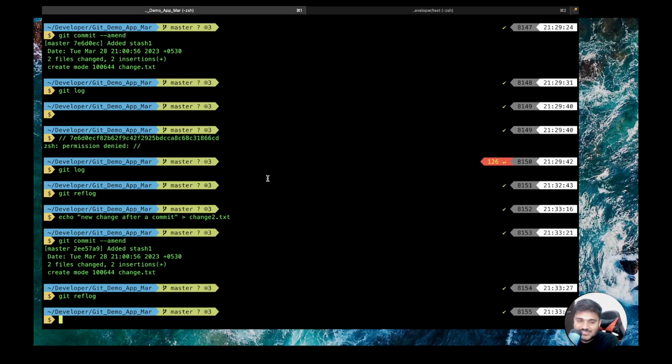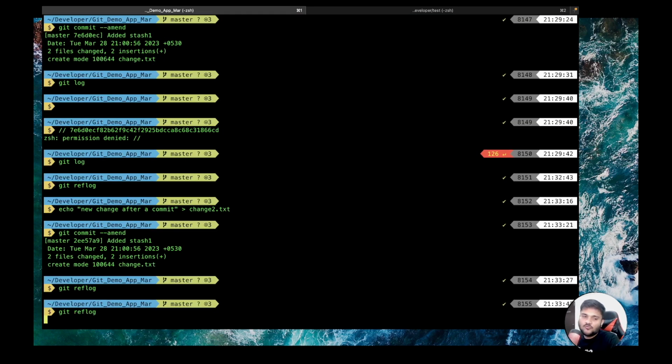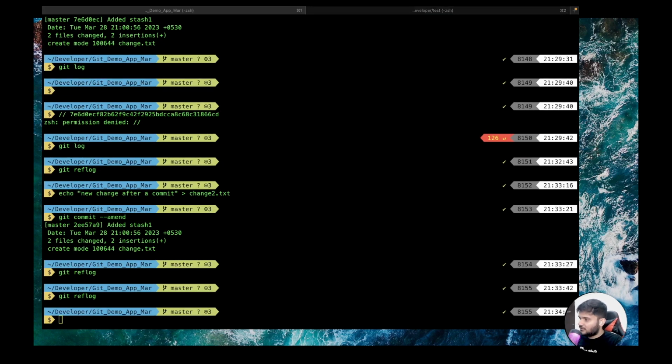Amend gives you a sense of satisfaction that you have changed the previous commit only, but technically you have not. It is still considered as an incremental change only, but it doesn't affect your corresponding version. So that's something that you can use in order to keep your commit history clean. But still, if you want to go back to a particular change, you can still go back, because as I showed you, the changes are still stored incrementally. What is reflog? We are going to discuss it later.